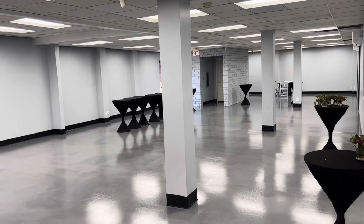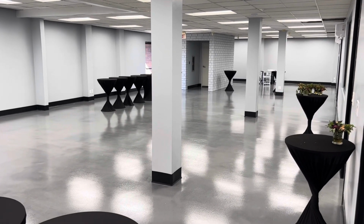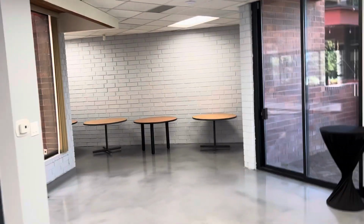So this whole space, how big would you say this is, Nick? Approximately 3,200 square feet. This is just the open area, 3,200 square feet. Perfect place for speaking, for dining, for an event. This can also, we could turn this whole thing into a studio for any of your studio